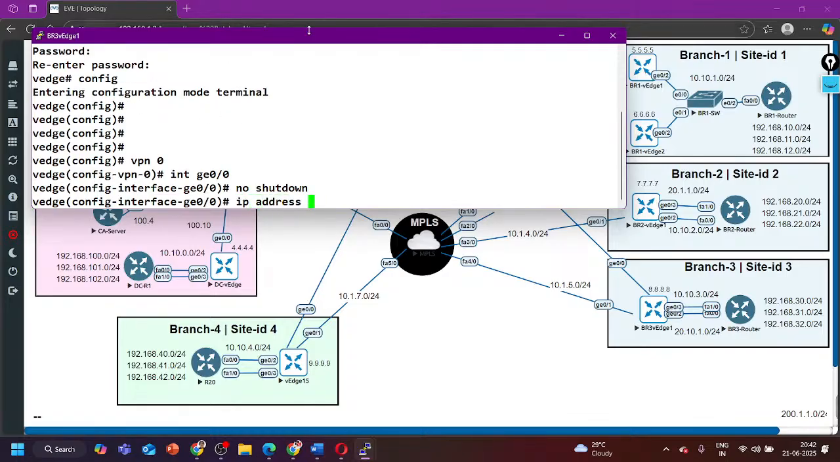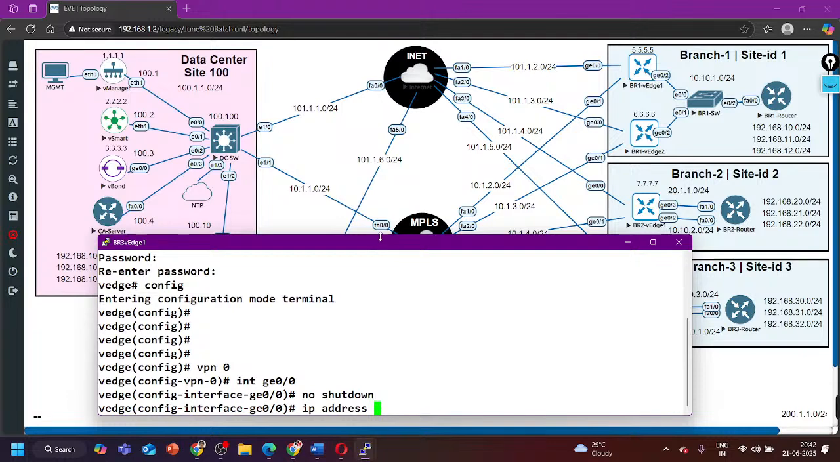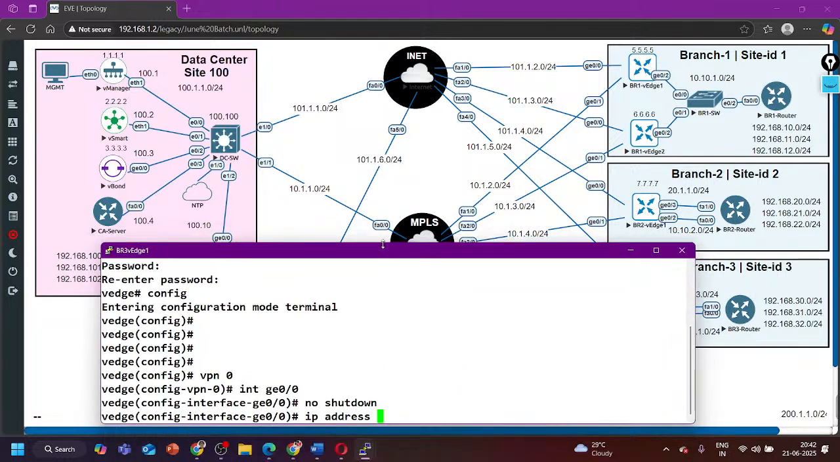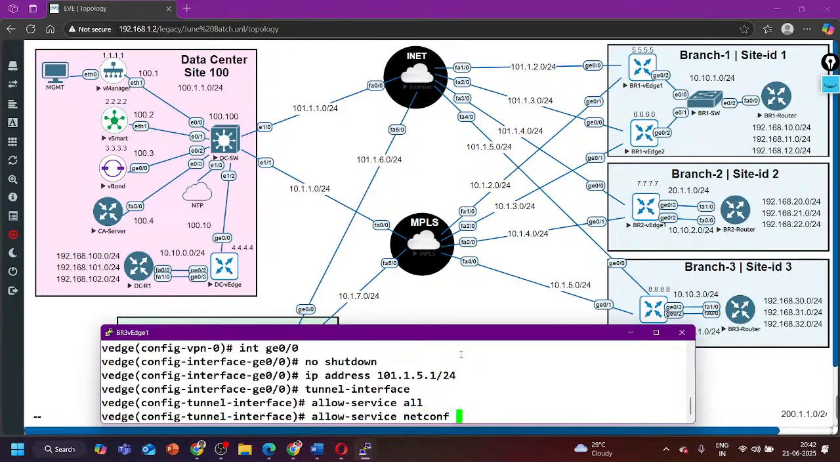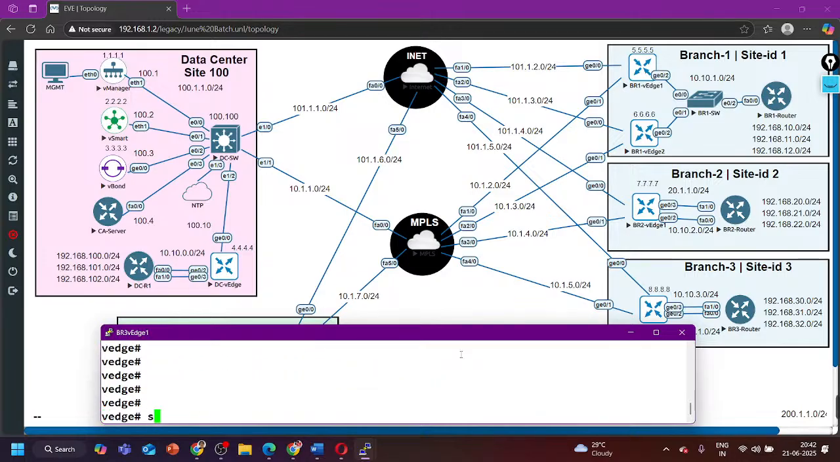What will be the IP over here? You guys know more about the IP addresses than me. 101.1.5.1. Yes sir. This interface should be the tunnel interface. Service should be allowed. And let's commit. Go to vshell